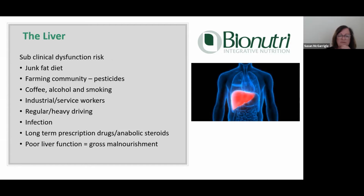And subclinical dysfunction risk, you're looking at junk fat diets. And I see that people are queuing around the block for McDonald's now, so that could be a problem. Farming community, herbicides, pesticides, coffee, alcohol and smoking, those three in effect start to induce phase 1 far more than